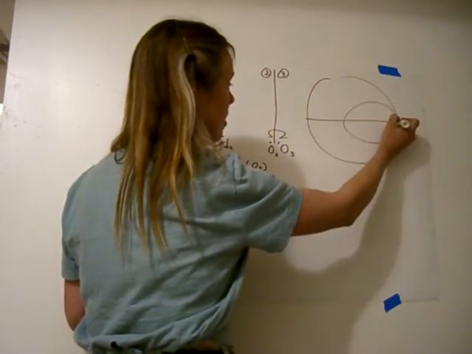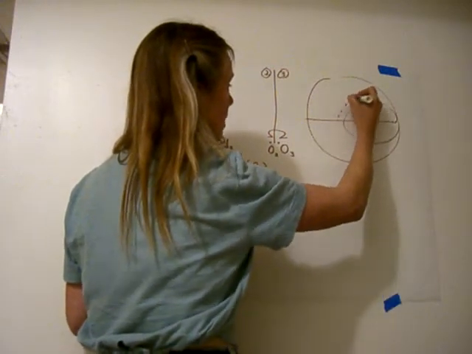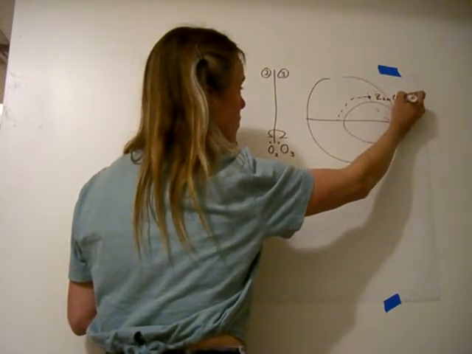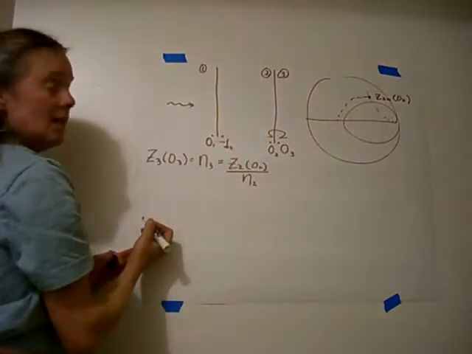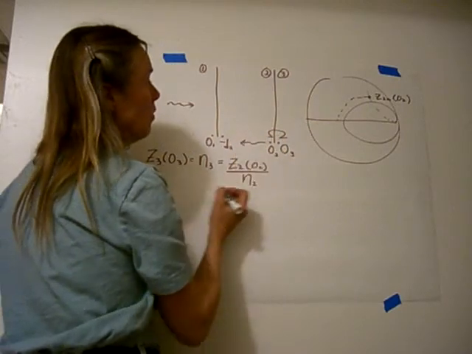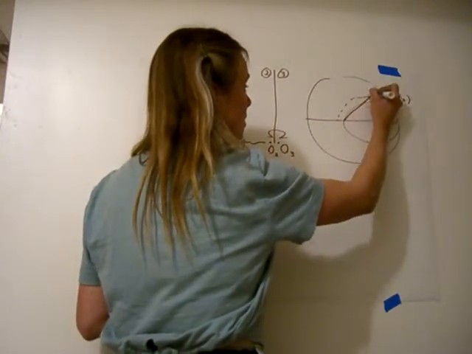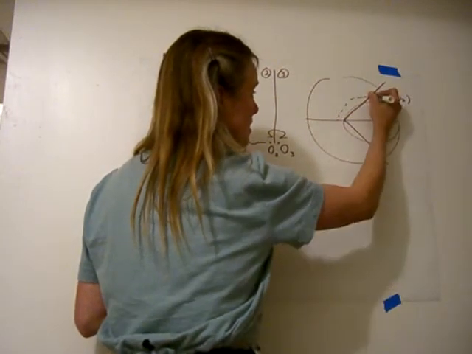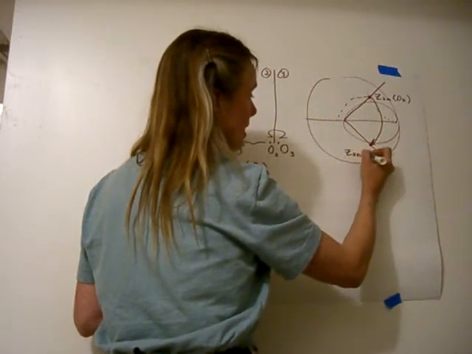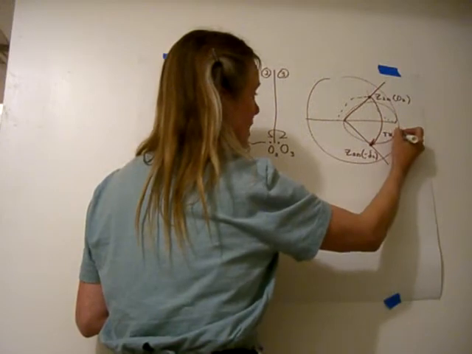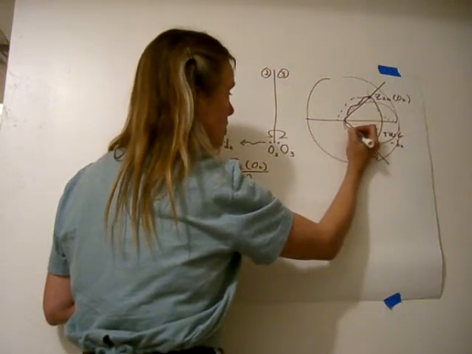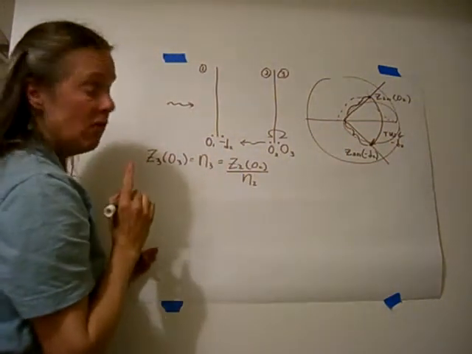So right here is our real, let's say this is our real value and our imaginary value. Right here is Z2 normalized at O2. Now we need to get to minus D2, so we're going to again rotate towards the generator. This is towards the generator, a distance D2. So from the center, we start here, and we go a distance D2 towards the generator. So this is Z2 normalized at minus D2, rotating towards the generator, a distance minus D2. This distance and this right now are exactly the same, but we aren't finished.